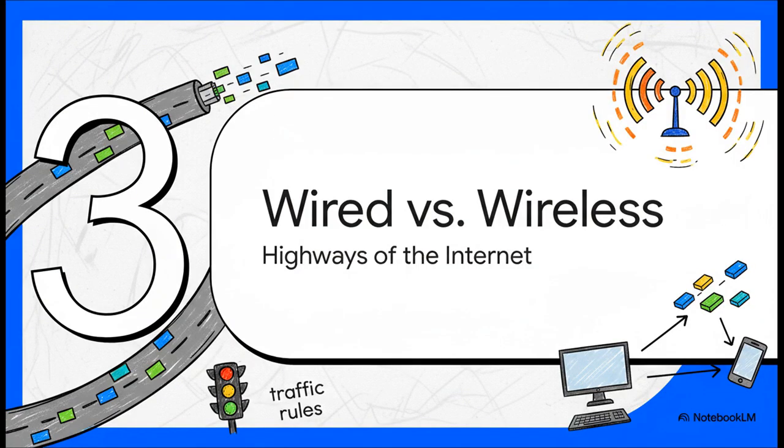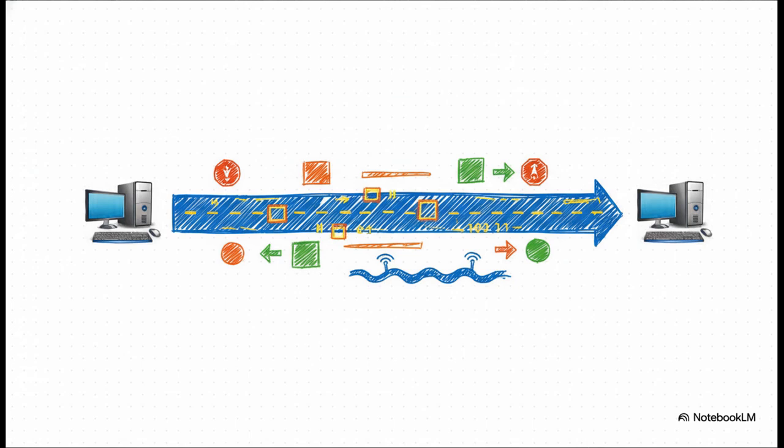Okay, so we know our message packets are smart enough to find the best route. But what are these routes, these highways of the internet, actually made of? Well, they come in 2 main types: physical wires you can touch and invisible wireless waves. So let's explore these 2. First, we have guided media, or what we simply call wired connections. This is a physical cable connecting one device to another, providing a fixed path. Then there's unguided media, or wireless, which sends data right through the air using invisible waves, like your Wi-Fi or